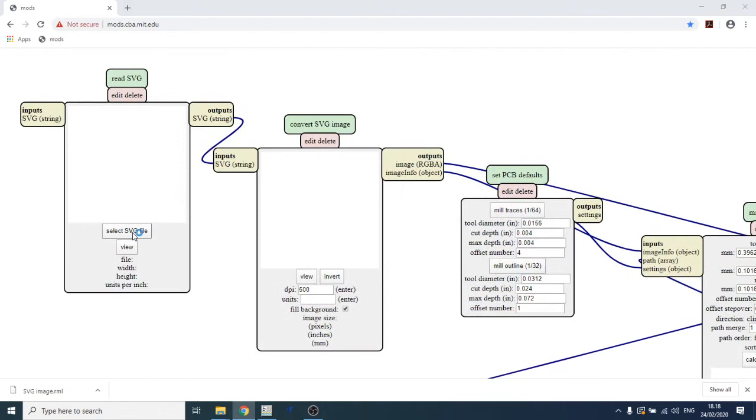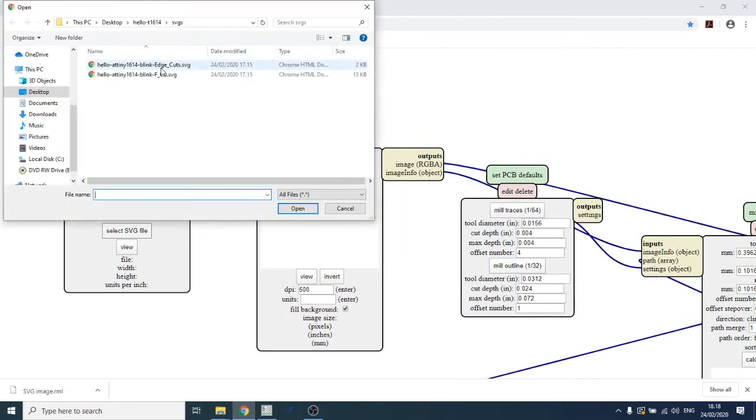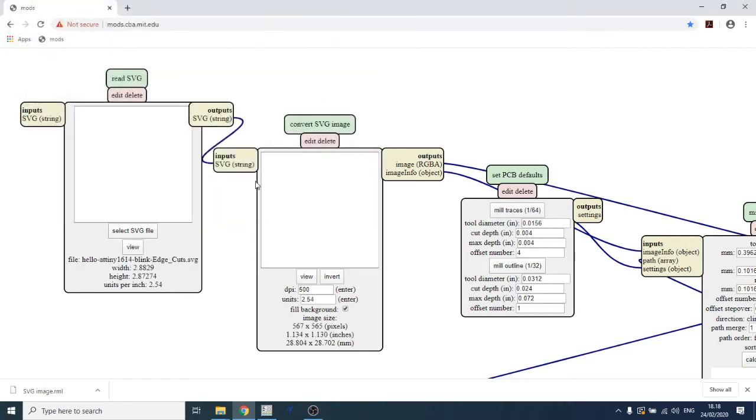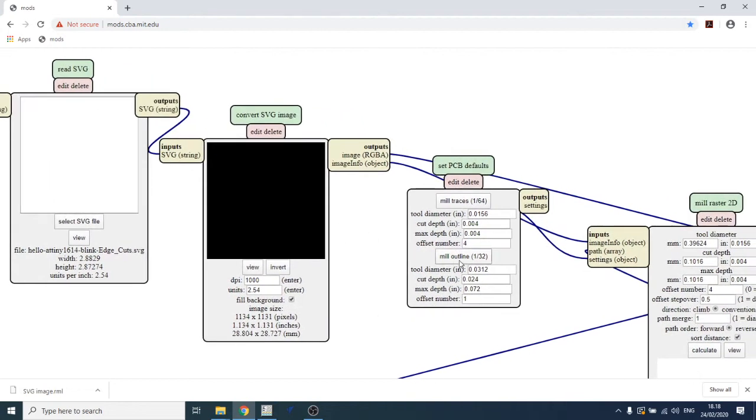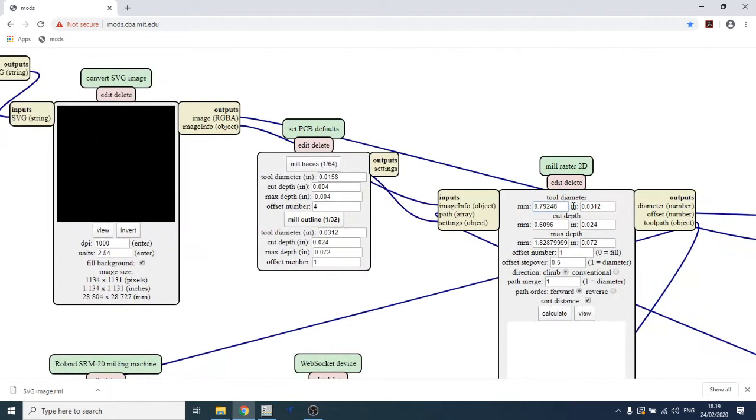So you start with selecting an SVG file, then edge cuts, this time edge cuts, because we want to cut the edges. Open it up. I'm going to set the dpi to 1000 here, invert it, so that the background is black mostly. Then I'm going to select mill outline. And this time I know that my tool is going to be 0.8 millimeters. So I'm going to select 0.8, and the cut depth is going to be 0.6, and the total depth is going to be